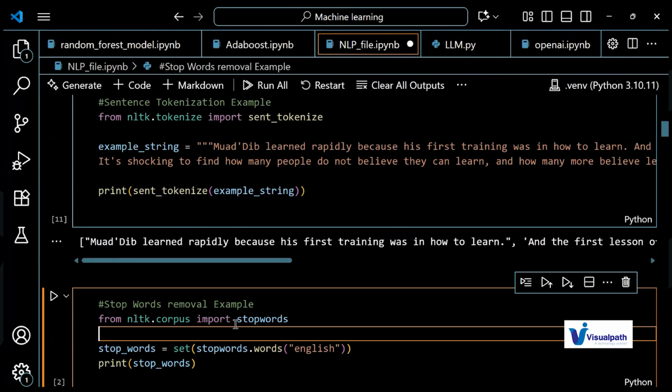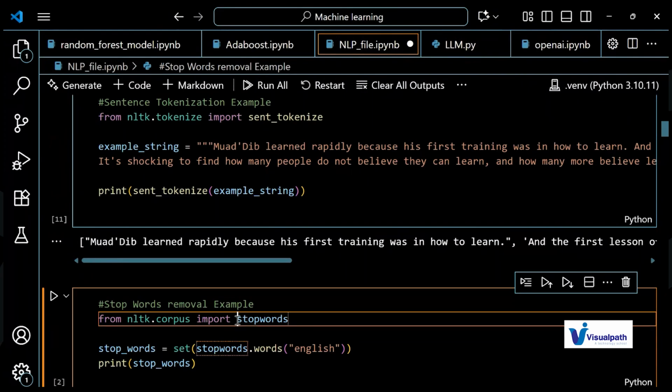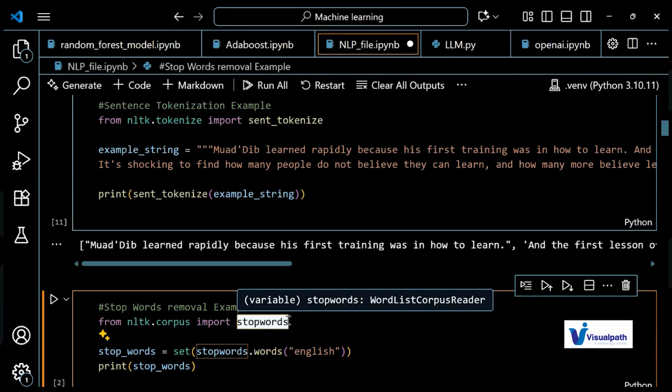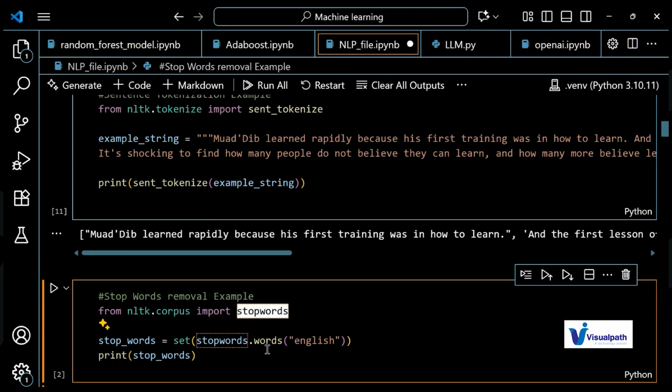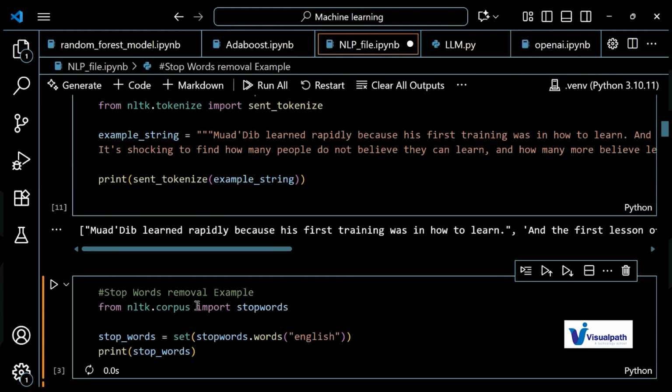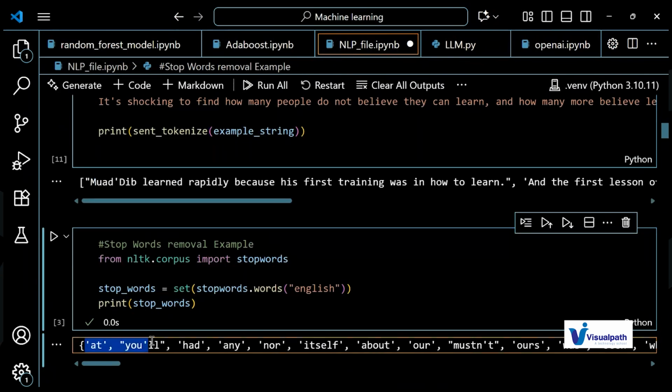So what I'm doing is importing the stop words method. If you want to know what the stop words are that are present in the English language, you can find it by just using stopwords.words. Within that you need to mention the language you want to use. I want to use the language English, and I just want to know what the stop words present in English are. So I just ran this to print this. These are some of the stop words here.